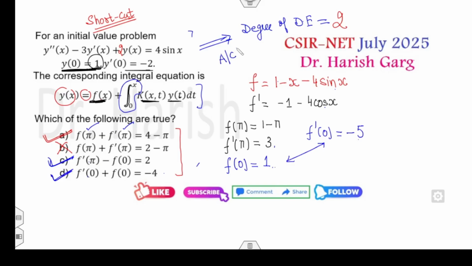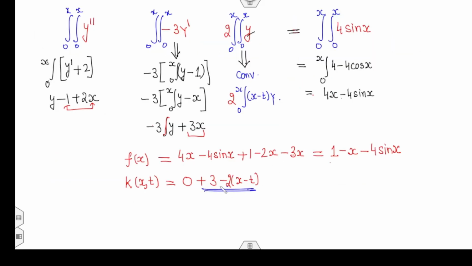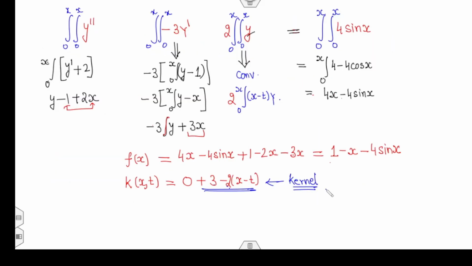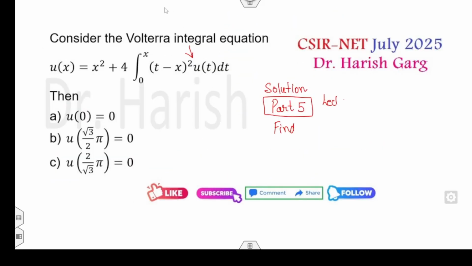So A, C and D are the right answers of this problem. So you can see it's very simple, and once you know k will be 3 minus 2x minus 3. Basically, this is known as the kernel of the integral equation. So I hope you can easily identify this problem, and I don't know whether you have solved such kind of problems before or not. And if you want to get the solution of this problem again,